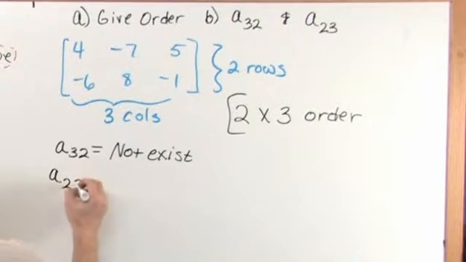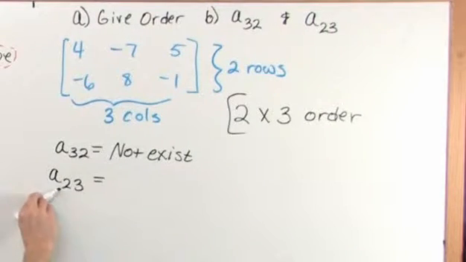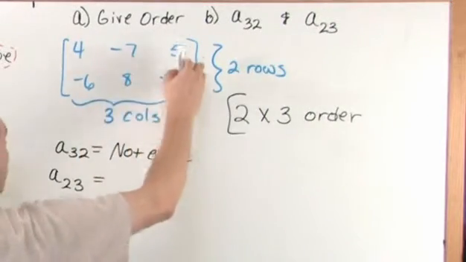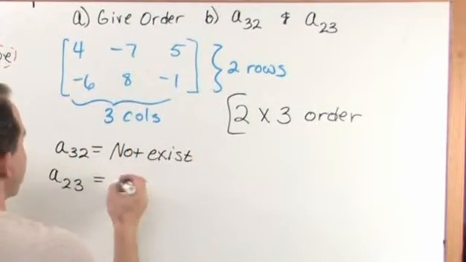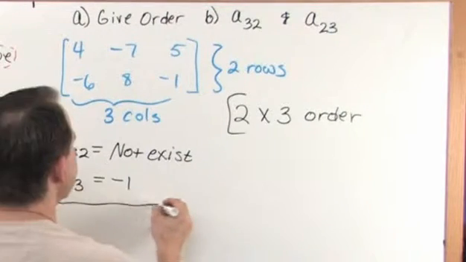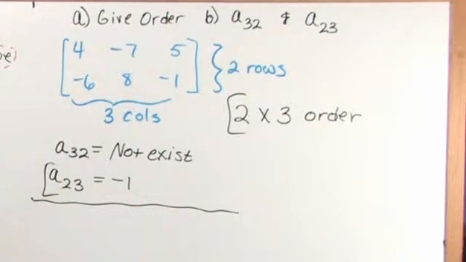Now A sub 2, 3 we're going to be able to find. Okay? First number is the row, second number is the column, third column. So row 2, third column here. So the intersection is negative 1. Okay? A sub 2 sub 3 is going to be negative 1. So that's just what we're doing. We're getting a little bit of practice with doing these things, identifying the order of the matrix, getting comfortable looking at them, and then pulling out, you know, an element here just to get a little bit more practice with it. Let's say our next matrix